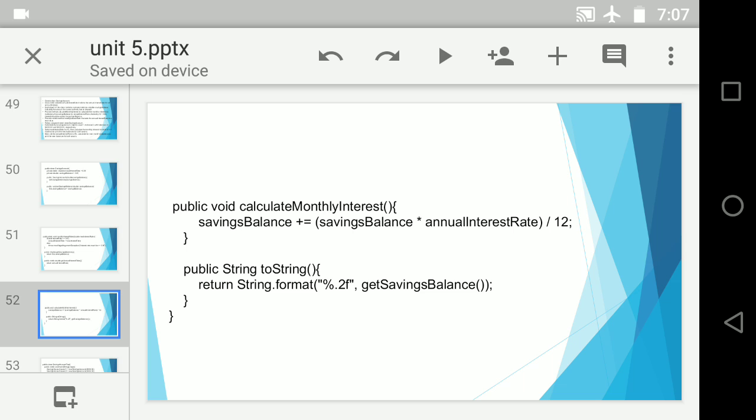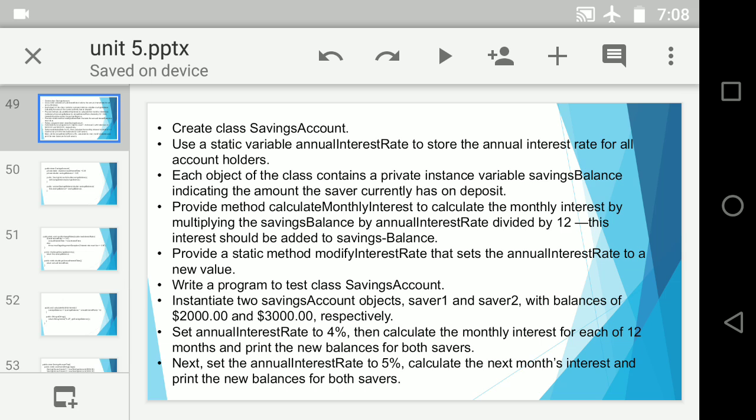I simply did savingsBalance multiplied by annualInterestRate whole divided by 12, and that is added to the previous value of savingsBalance. So in a simple line, what I have written: savingsBalance equals savingsBalance plus, bracket open, savingsBalance multiplied by annualInterestRate divided by 12. So no big deal. The method has already been done.